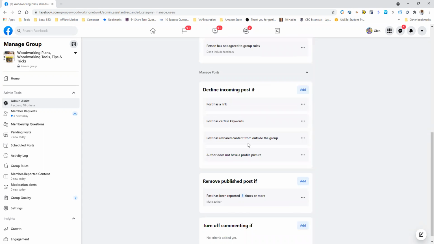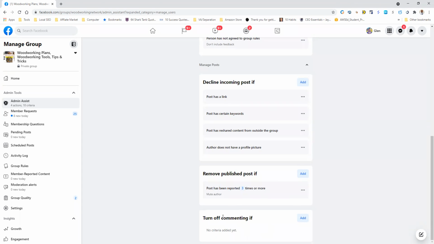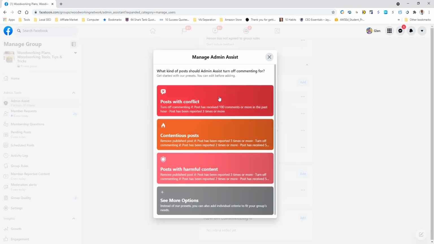So these are the management of posts. I'm gonna add this one because I noticed something. I noticed people start putting links inside of the comments. So let's see, remove posts if posts have been reported 3 times.